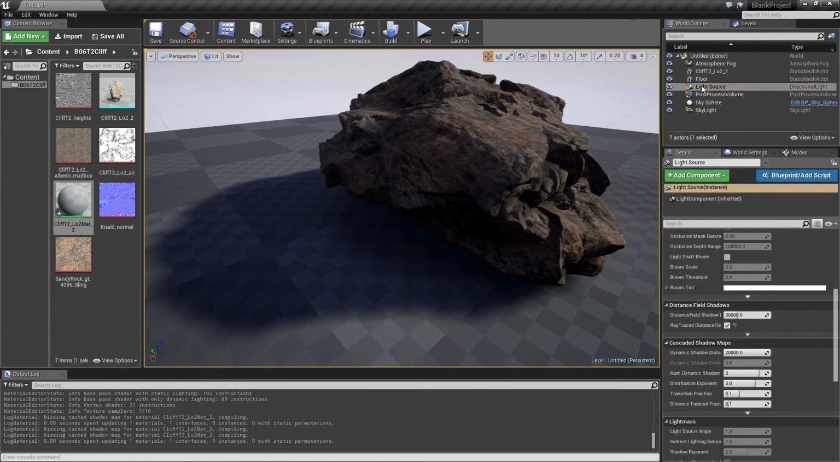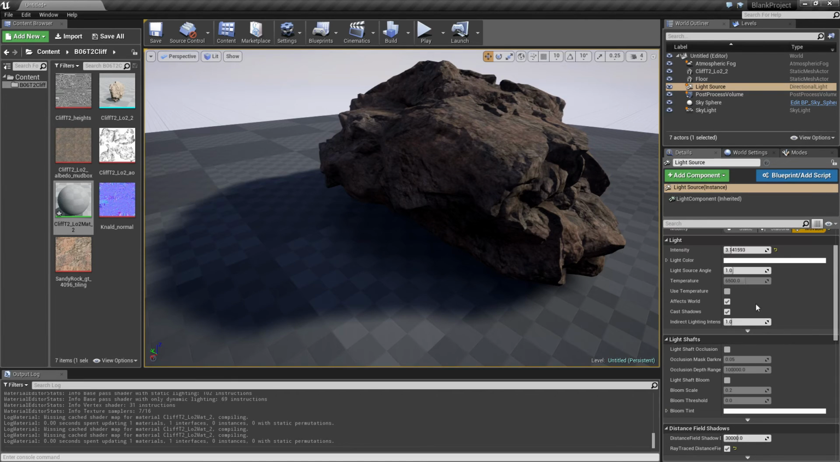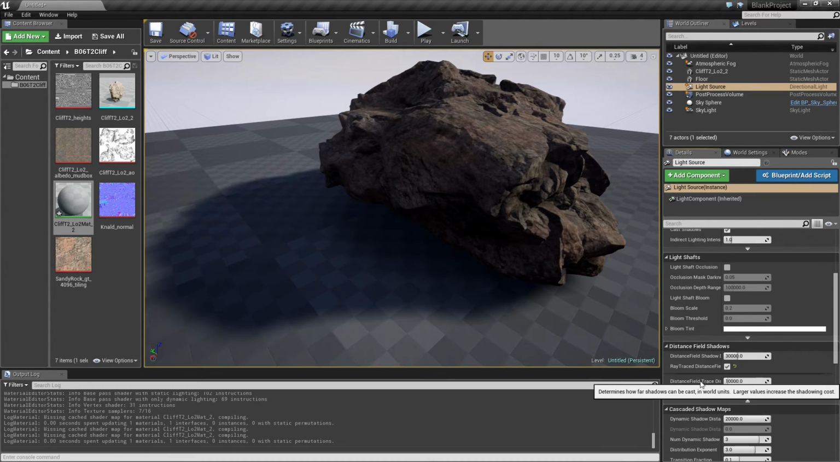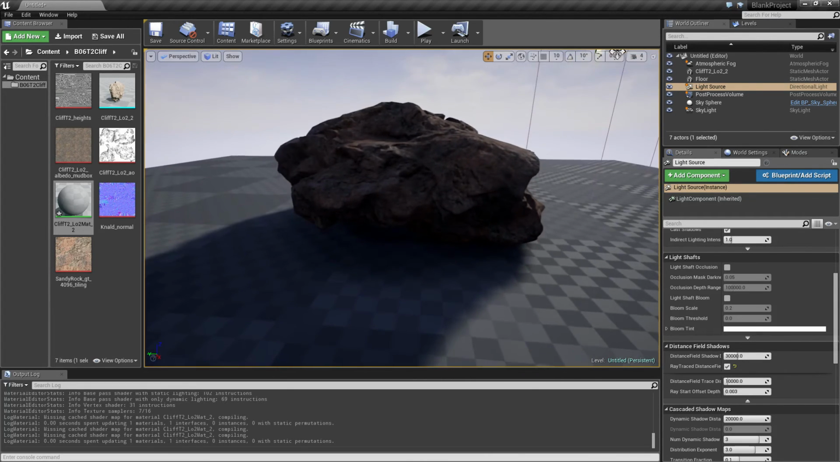I think the light source angle should affect it somehow. No? Or maybe it's the distance, I'm not really sure. Distance, sphere, okay, never mind. I'm not going to waste time on that. So, as I was saying,